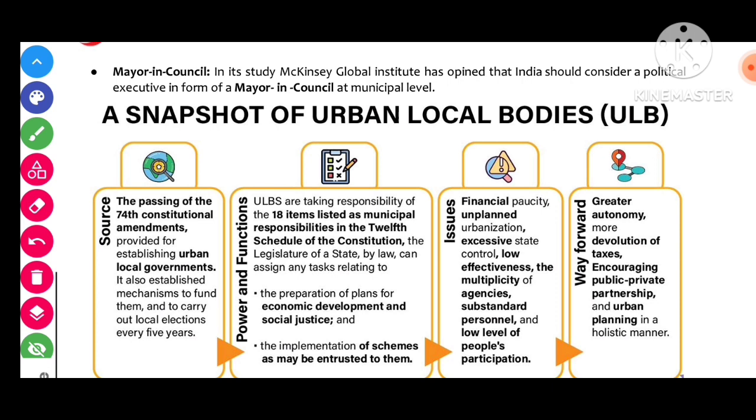And these are the snapshot of urban local bodies. Okay,